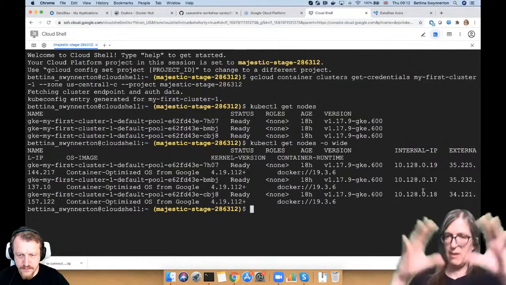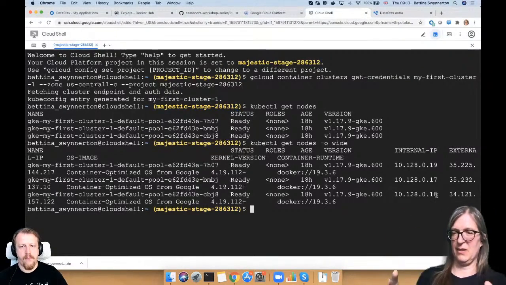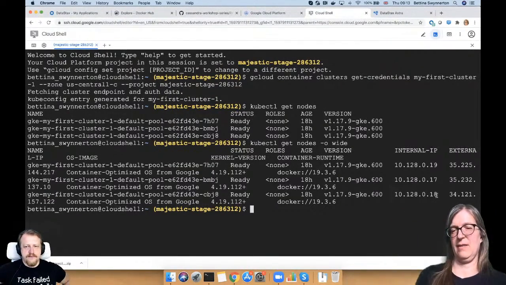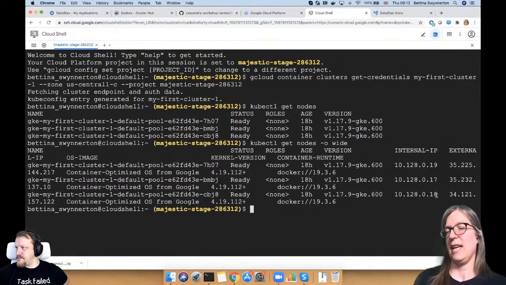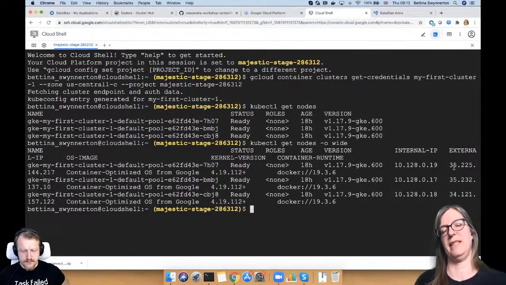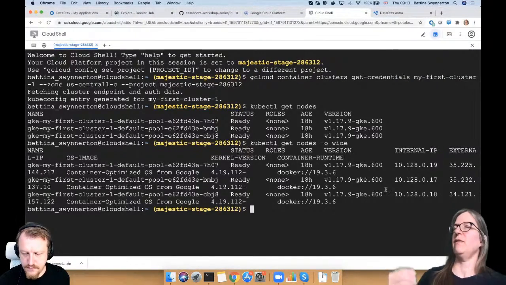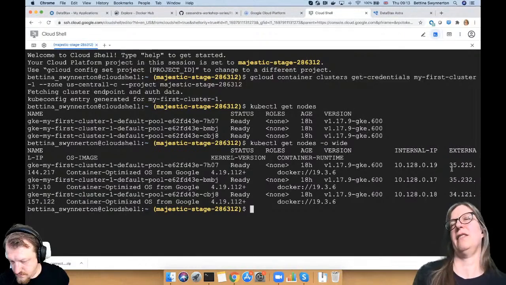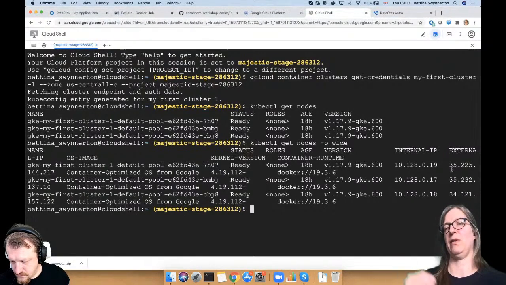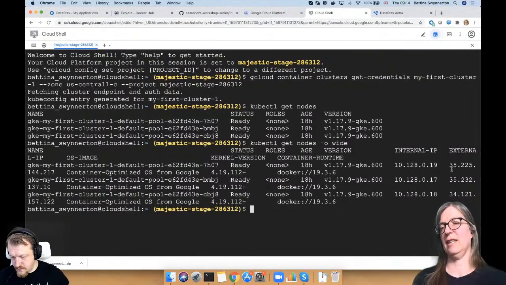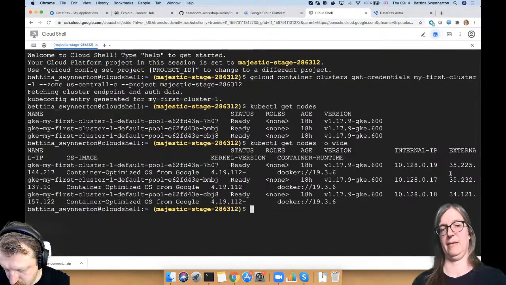Everybody in Kubernetes has their own IPs in this internal network, and then we have the external IP addresses of those nodes. And if we want to later connect to our pods and our services from outside of the Kubernetes cluster, we will need to use the external IP addresses in order to address them. Okay?